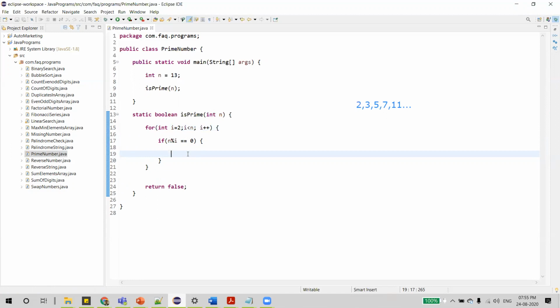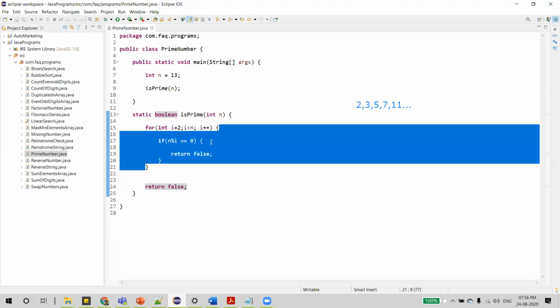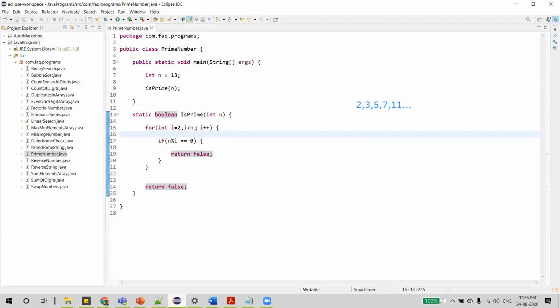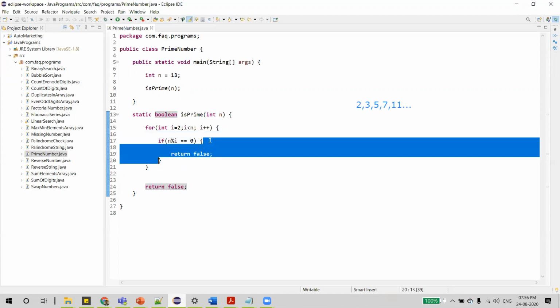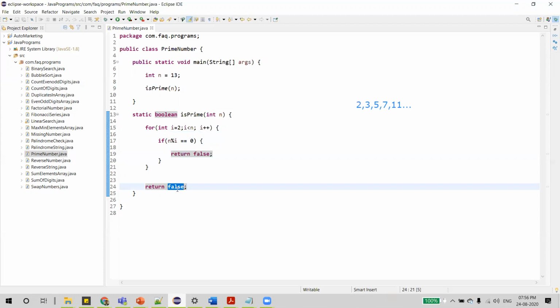Then we return false, meaning the given number n is not prime. We loop this till n minus 1. And if it never enters this if condition, then we can conclude that it is a prime number.